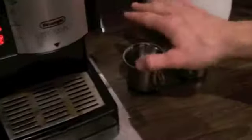So what we're going to do now is we're going to put them to the side. And also put these to this side. And we're going to leave them until they're heated up. We'll pop those over there so they're out of our way. So we can now get the espresso